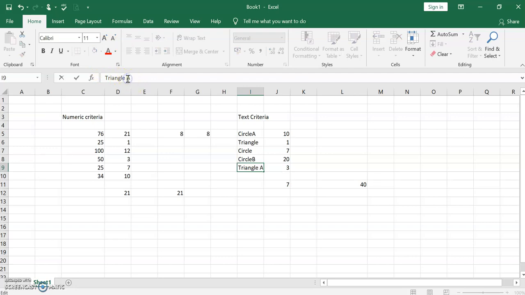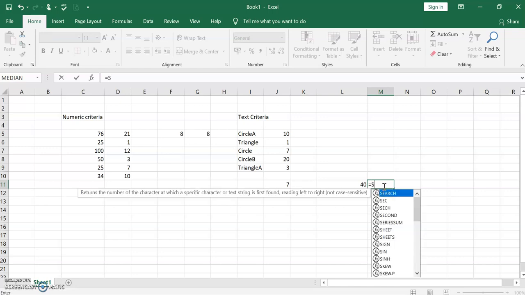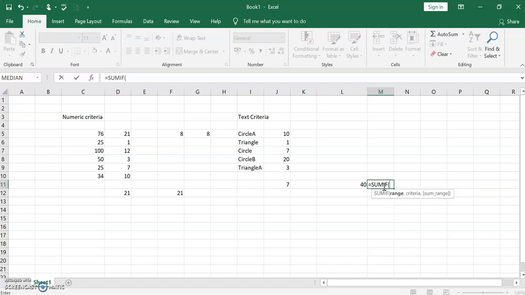So what I'm going to give, I'm just going to use a question mark. So what is a question mark? How am I going to give a command? If I use circle and question mark, it will pick the circle and it will sum up all the other characters which actually have the values of cells. So just give the SUMIF function, and in the SUMIF function, give the range.